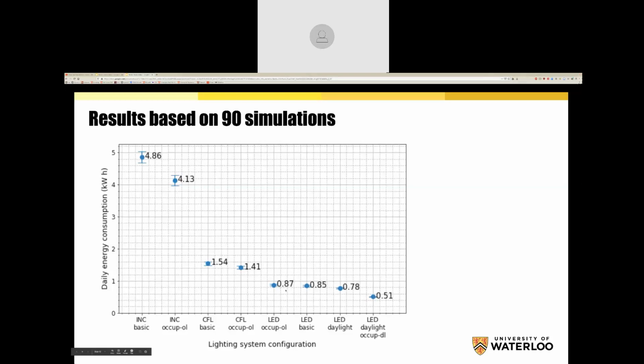And the reason is because the system that is using all the measurement and so on actually adds energy, the Wi-Fi system and so on is adding energy, so it goes up. But if you do daylight and occupancy detection and a smart lighting system, you go from 0.85 to 0.5. It's about another 40% or so reduction in energy consumption. If you look at it overall, so we switch an office from incandescent to a smart system, we're getting approximately 10x reduction in energy consumption for lighting, which is actually pretty significant.